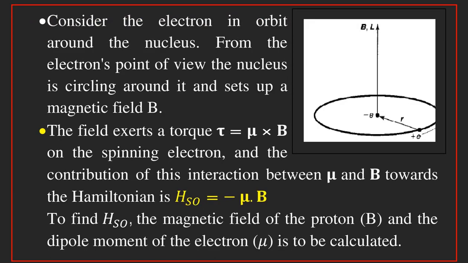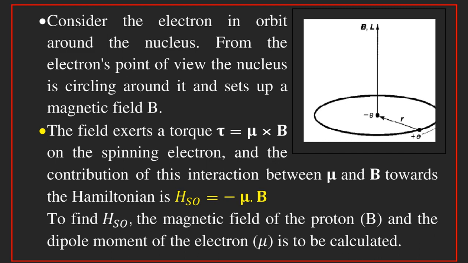Now consider the electron in the orbit around the nucleus. Now from the frame of reference of the electron, the nucleus, or in the case of hydrogen atom, the proton, appears to be moving in a circular path around the electron. It is with respect to the frame of reference of the electron, or in the frame in which electron is at rest. So this orbiting proton will introduce a magnetic field,